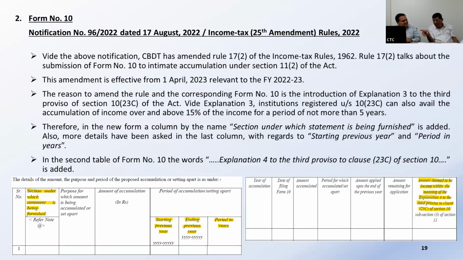The provision says that unless and until that reopening is finalized, you have to continue to maintain those books of accounts. Now, the last point I want to discuss: what are the consequences if you are not maintaining proper books of accounts? This is a point which we should discuss.